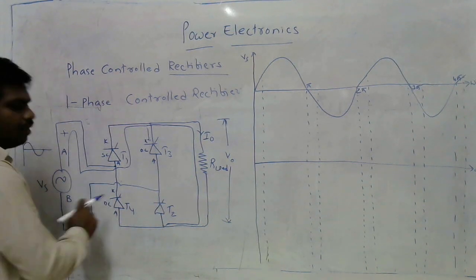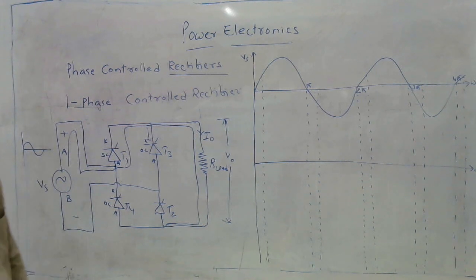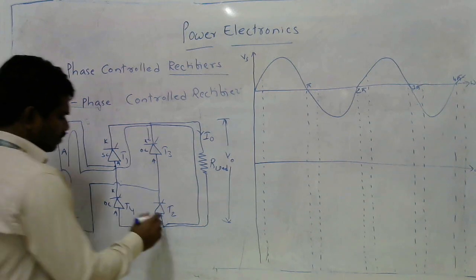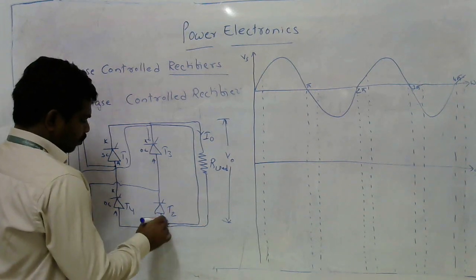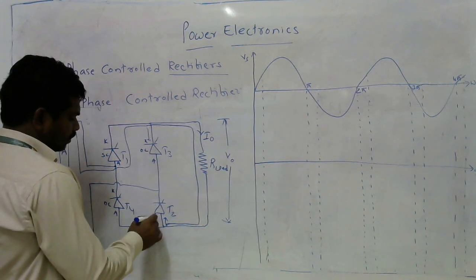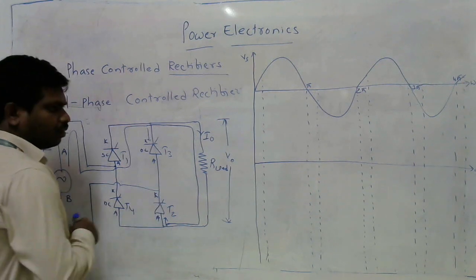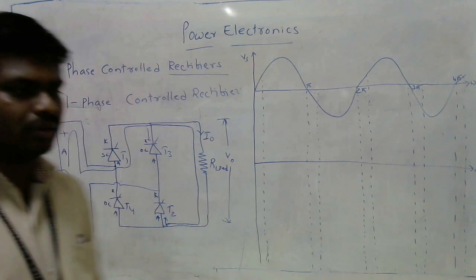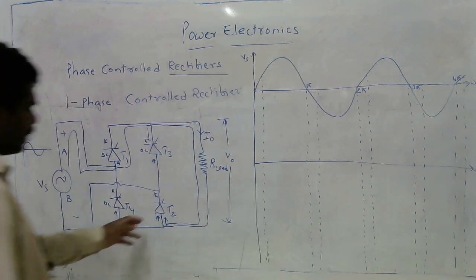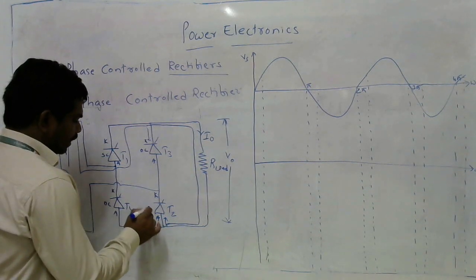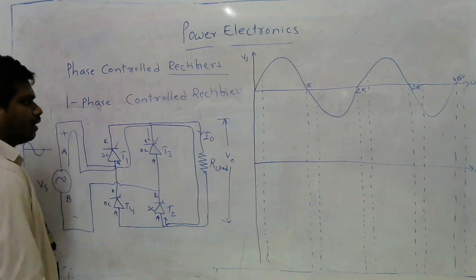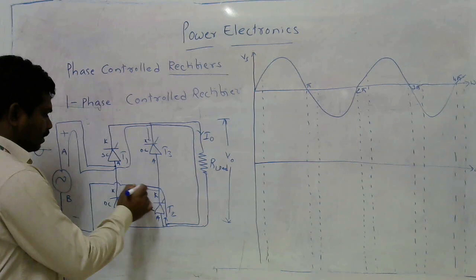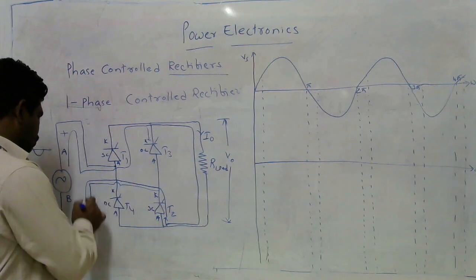Earlier, this thyristor has been open, so there is no chance for current to flow through T4. The only path is through T2. How? This is the anode, this is the cathode. The anode is more positive as compared to the cathode, hence it is forward biased. We can say it is going to be conducting, thereby short circuited. Then the current path comes like this and enters into the source in this manner.